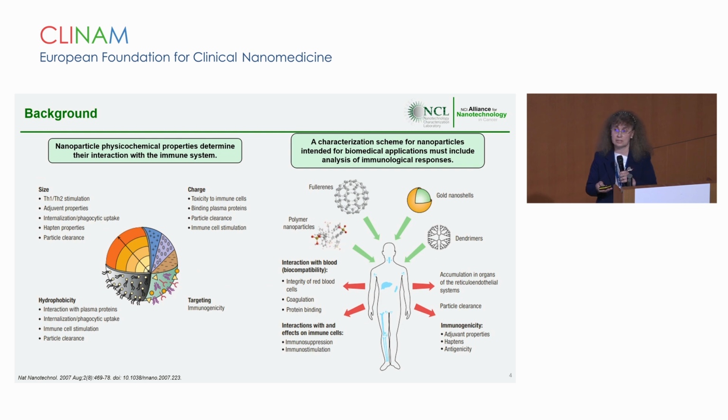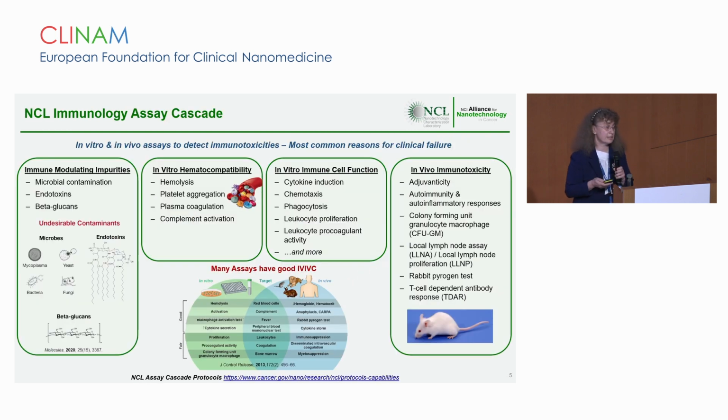At the Nanotechnology Characterization Lab, we developed a comprehensive assay cascade, which now contains over 100 assays to look at physicochemical and biological properties of nanomaterials. This is a summary of our immunology assay cascade. As you see, we are using a lot of traditional in vitro and in vivo methods. Luckily for us, many assays in our immunology assay cascade have very good in vitro in vivo correlation, but nothing in this life is ideal. These assays are not ideal, and often we have to look around for alternative models to answer specific questions about